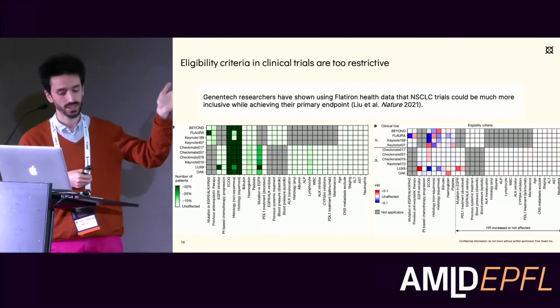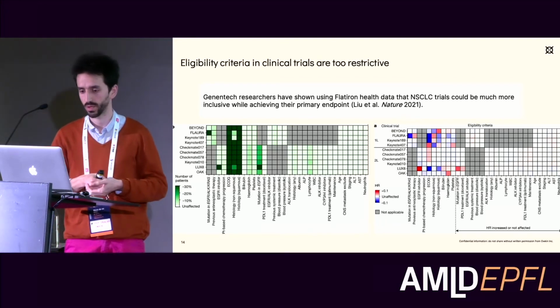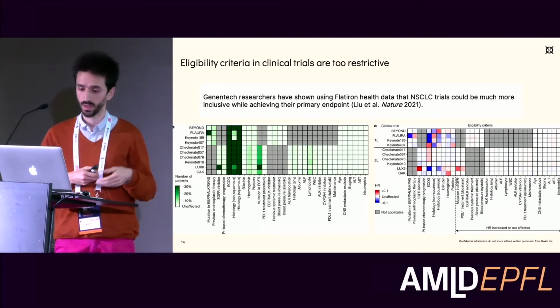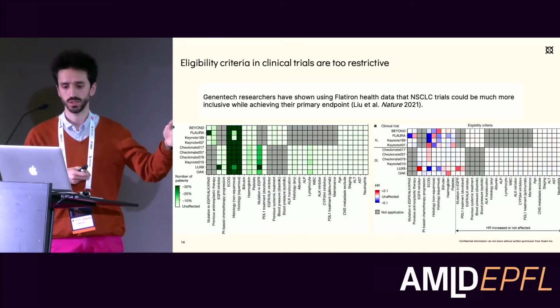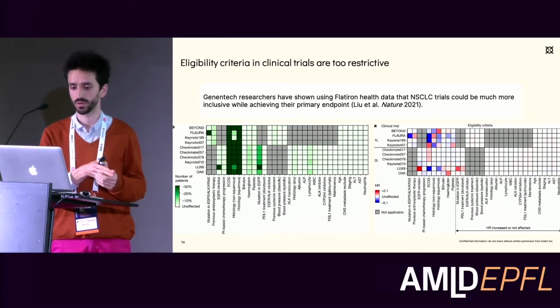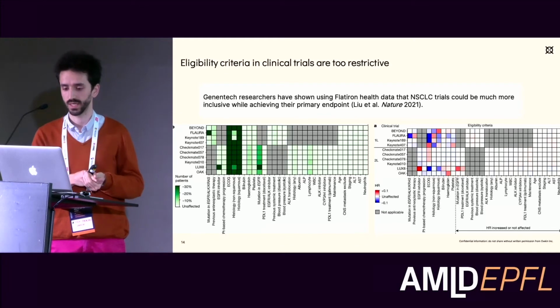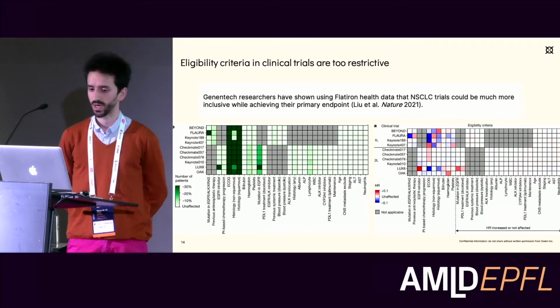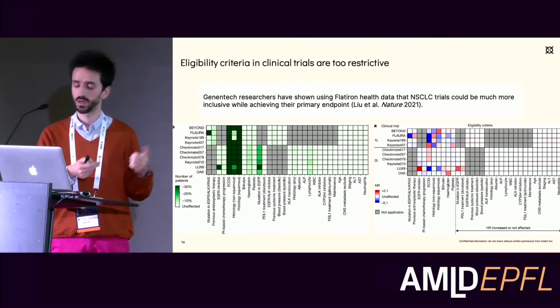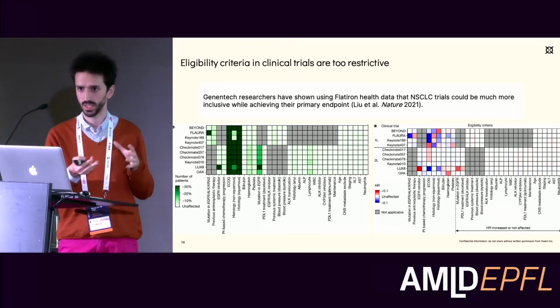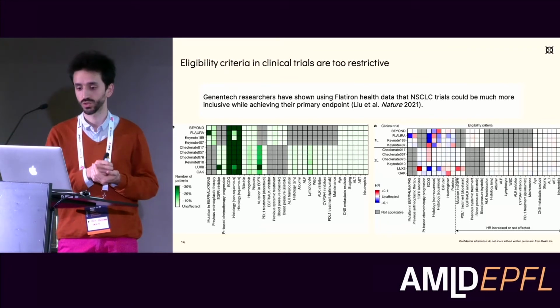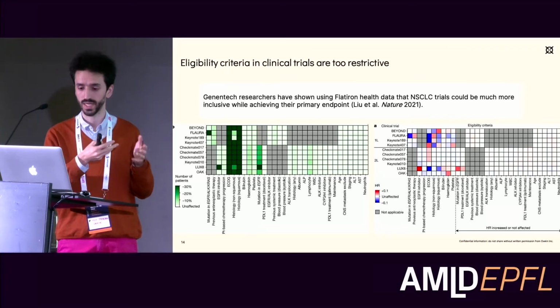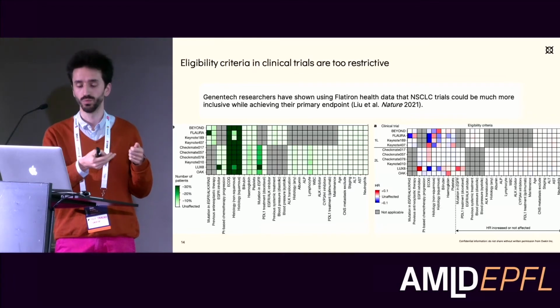There's been this really great paper published in Nature by Genentech researchers using Flatiron Health data, so real-world data in oncology in the US, on non-small cell lung cancer trials, where they've emulated trials using real-world data to look at the impact of removing certain